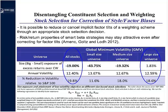So this is a US standard index universe. And you can see that here's a negative exposure. Note that this is big minus small, so this means a tilt towards the small caps. Just as expected, when you move away from cap weighting, you actually get a tilt towards the small caps. Now you can apply the same weighting scheme to a selection of stocks where you're only looking at the